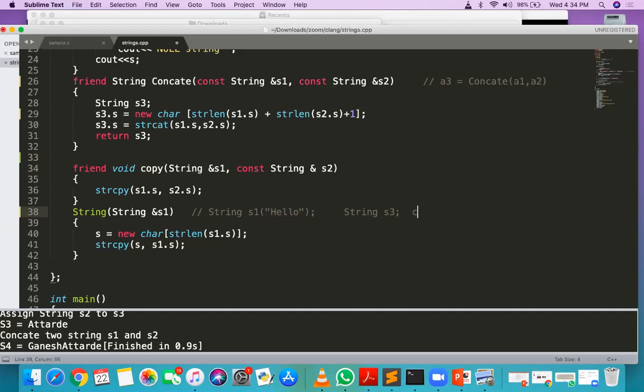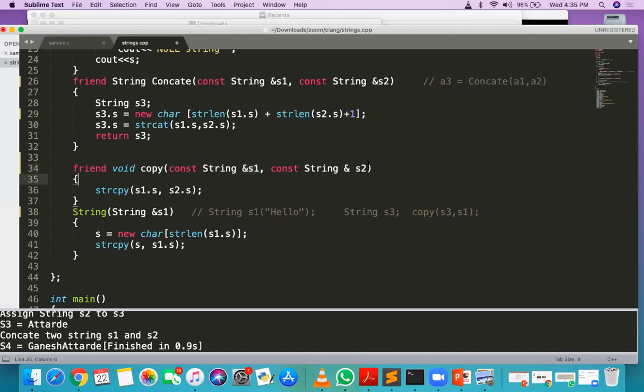Now you want to copy the content of s1 into s3, so you are doing s3 comma s1, directly calling the copy. We have not written const for the first string, because we need to modify s1. If I write const here, what happens? We can't modify it. S1 would be read only.